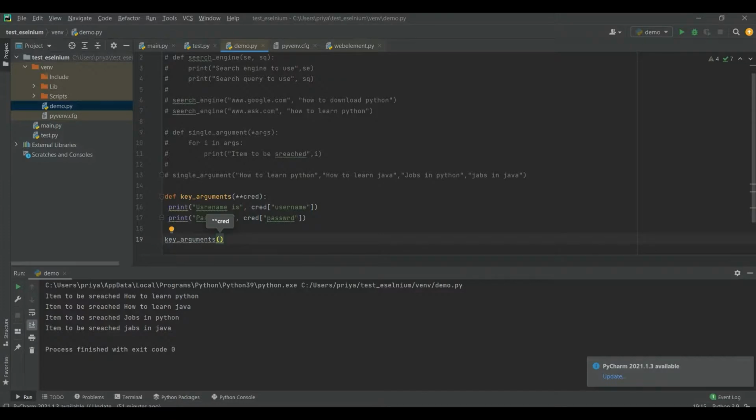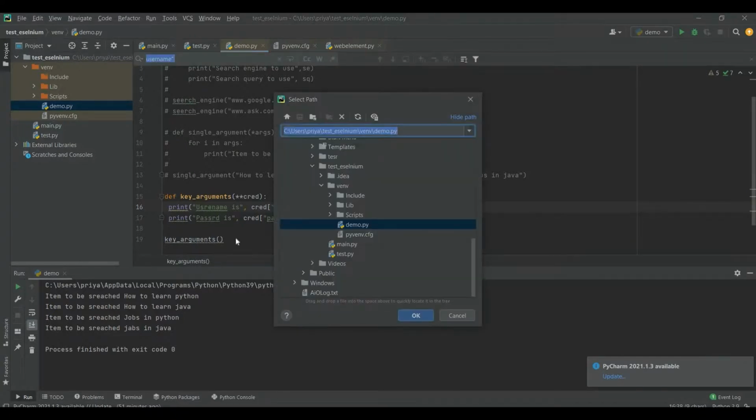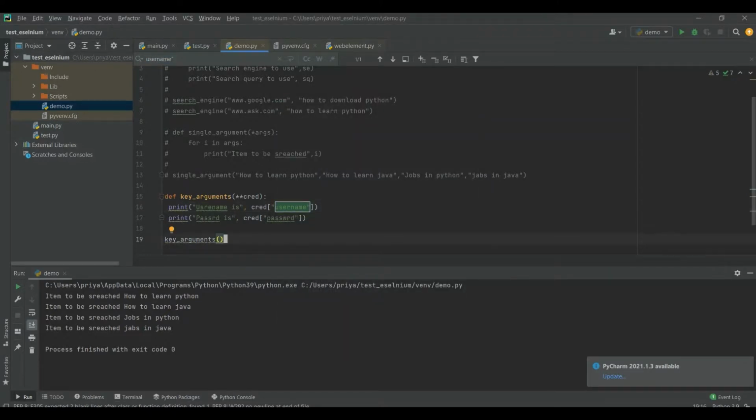These are the two fields. Let's say username equals ABC, and let's take the password equals XYZ, and let's try to run it.